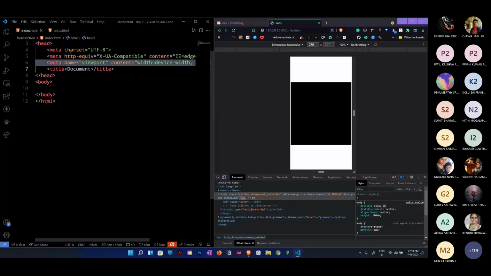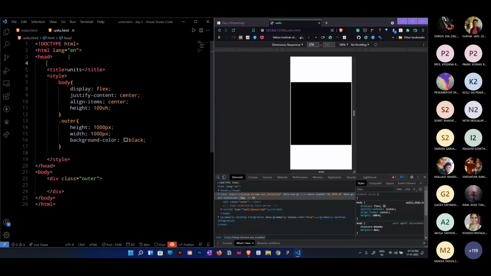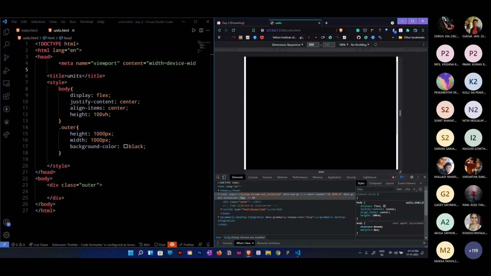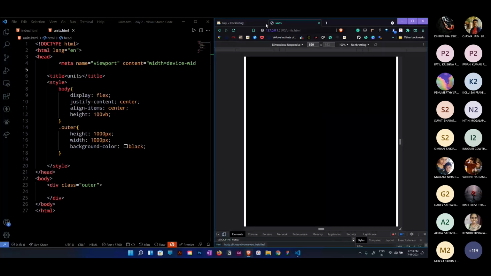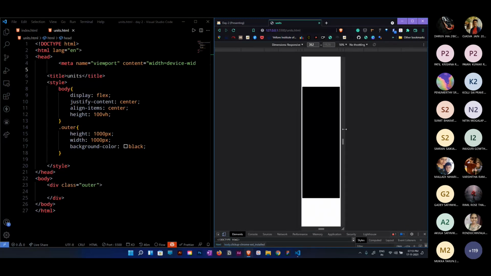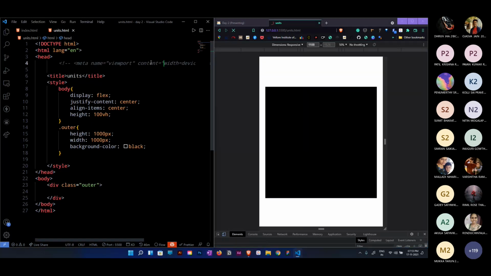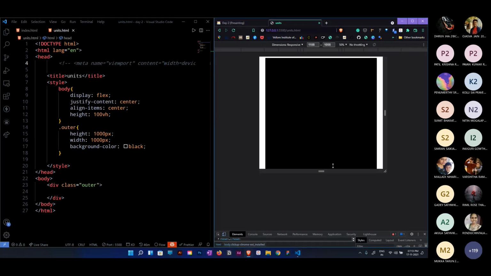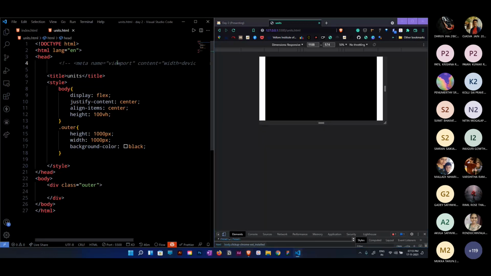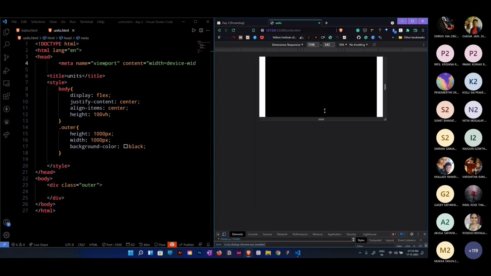Let me copy this particular line and paste it in here, inside the head tag. You can see the height is increased automatically as soon as I added that. It just took the 1000 pixels of height. It's not shrinking now. So just change this to 50%. You can see it's not shrinking in terms of height. Let me remove this again and show you. When I decrease the height without the line, it's shrinking in height. The moment I add this, it's not shrinking over the height, it's the same.